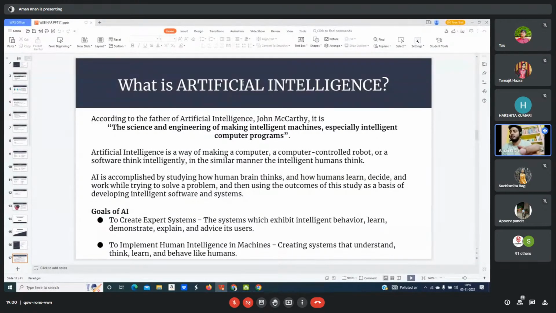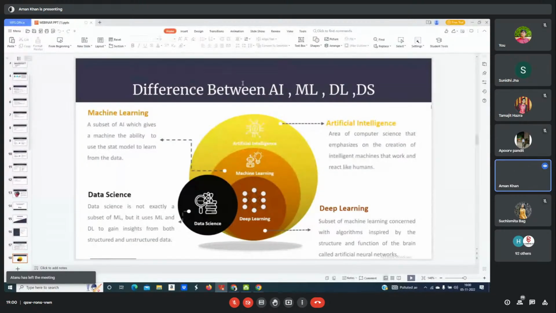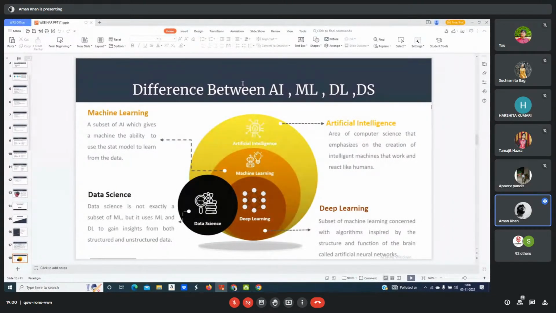आप लोग मूवी देखे होंगे एवेंजर्स का एज ऑफ अल्ट्रॉन, उसमें जो एज ऑफ अल्ट्रॉन रहता है, वो भी एक आर्टिफिशियल इंटेलिजेंस का एक प्रोटोटाइप समझ लीजिए आप। अब डिफरेंस बिटवीन एआई, एमएल, डेटा साइंस एंड डीप लर्निंग, इसके बारे में थोड़ा सा बात करते हैं। आप लोग कंफ्यूज हो गए होंगे कि ये तो हम सब में एक ही बात कर रहे हैं, ठीक है ना।